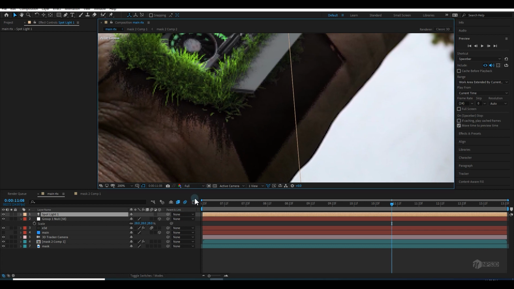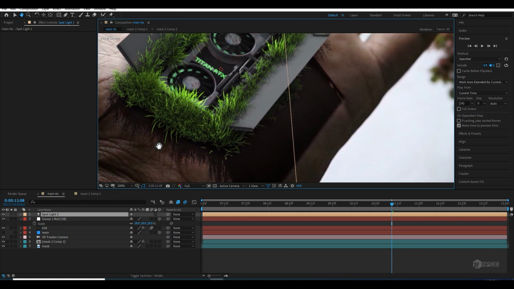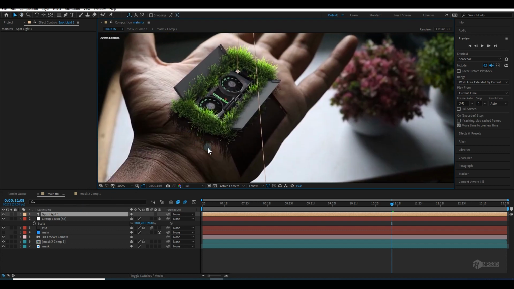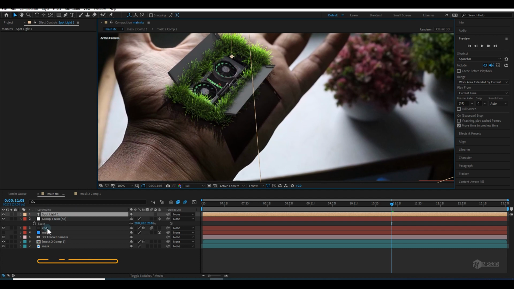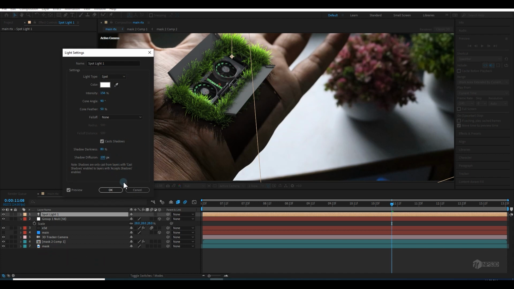So let me switch to full and show you quickly what diffusion is and how you can fix it. Just focus on this area and this area and go to the element light, and this is without diffusion and this is with diffusion.